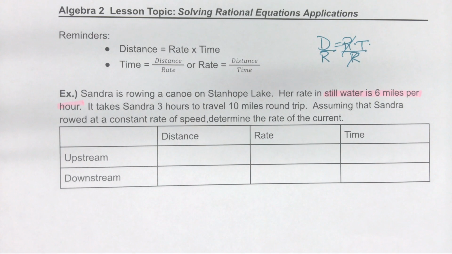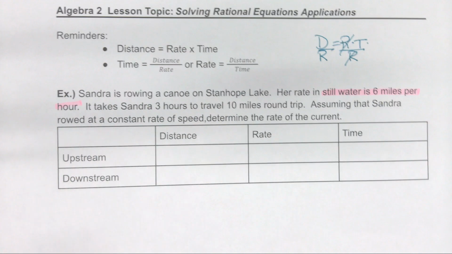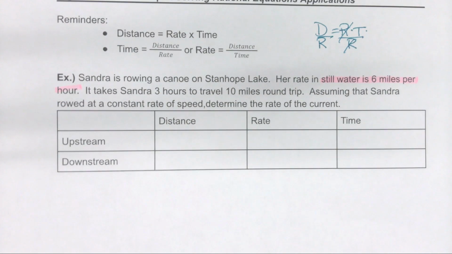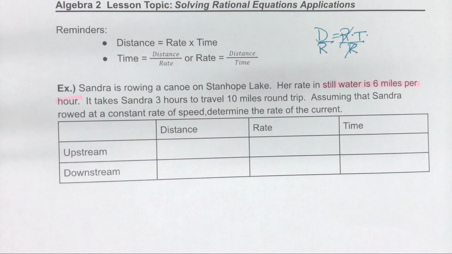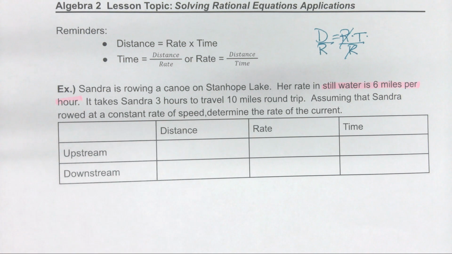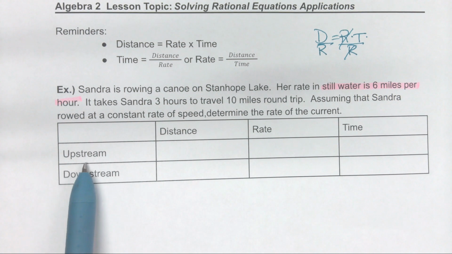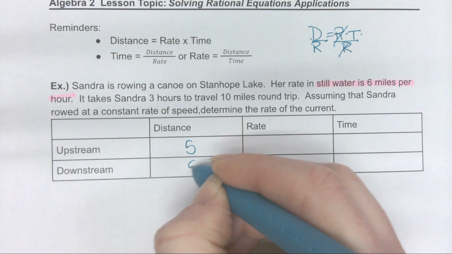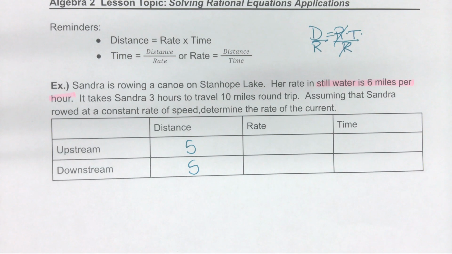When is it going to work with her then? In which of these? Downstream, okay? Downstream's going to be faster. Okay. First of all, since this is a down and back scenario and the total distance is 10 miles, what can we assume about the distance she goes upstream? 5. The distance she goes downstream is 5. In some of the cases I'll show you on your homework, those distances are different, okay? All right. For the rate, what we're going to do is either you're going to be given the rate in still water, or you're going to be given the rate of the current and you don't know the other one.